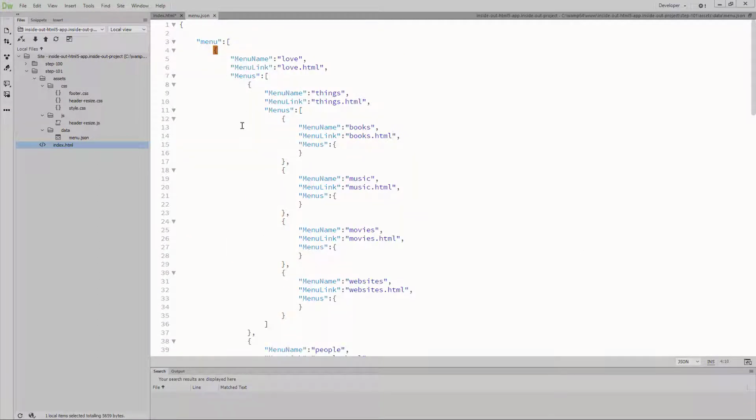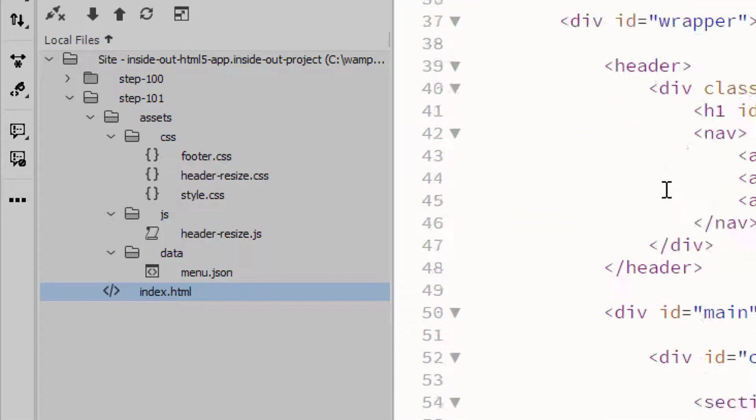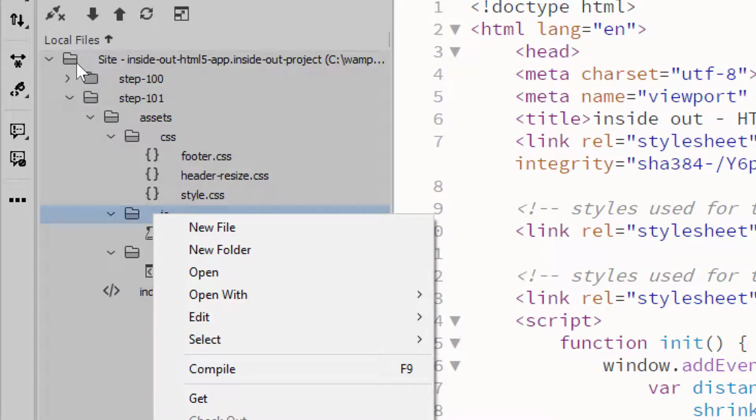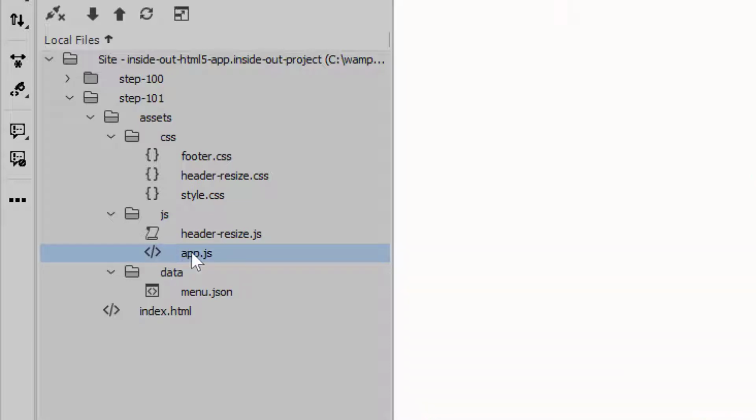So the next thing that we want to do now is bring this JSON information into our website. The first thing that we want to do to be able to do that is, instead of building everything inside this one page, we're going to put in our JS folder, create a new file, and call that file app.js. So we're just creating a JavaScript file that we will use to pull into our